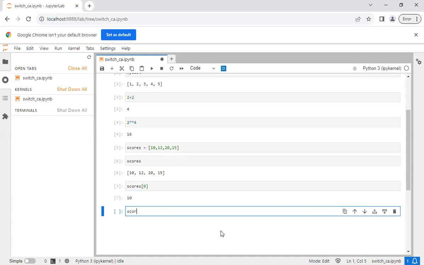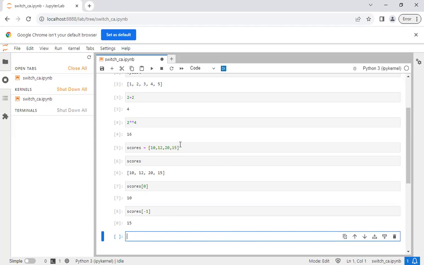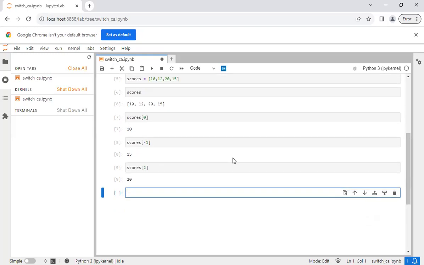When I do the same thing, scores, and I say -1. -1 is like counting from the reverse. So that is the last one. So -1 retrieves 15, and you can see 15 is the last one. So you can do scores, let's say the second element, 2, and it says it is 20. So this is how you can retrieve. This is very important because